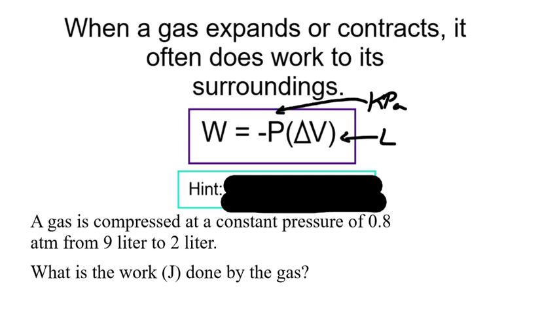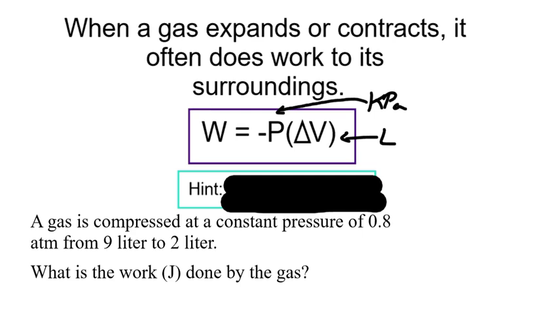That being said, atmospheres is a really popular unit, and it's something that you'll see a bunch. So the ways that you can deal with that is you can convert atmospheres to kPa, or you can just use that relationship, and what's hidden under that hint is how to deal with these problems quickly